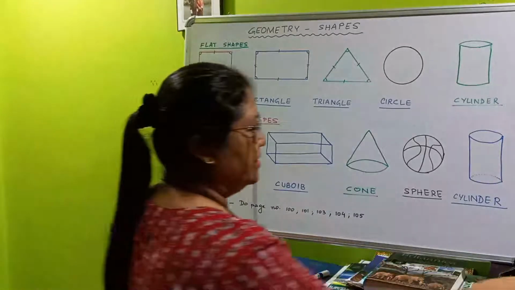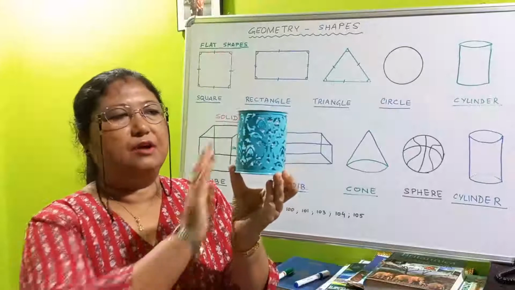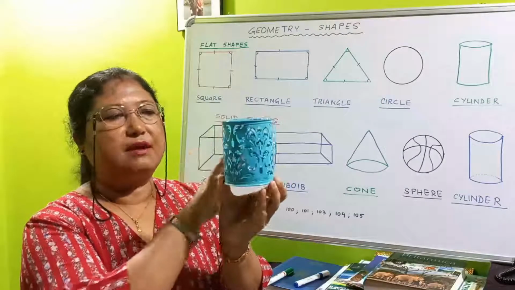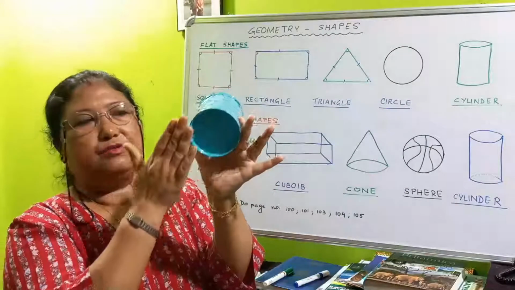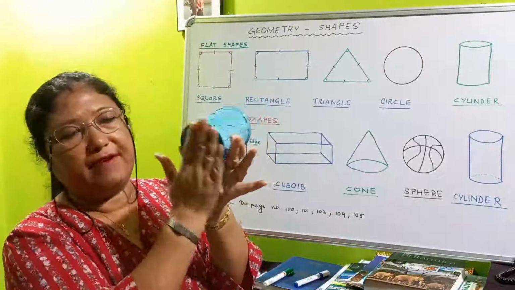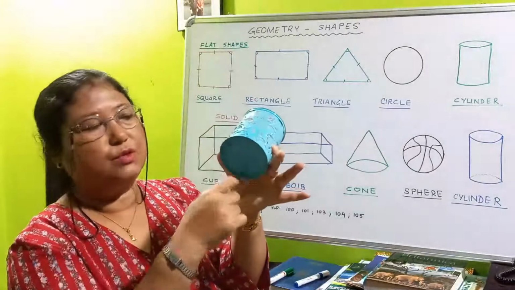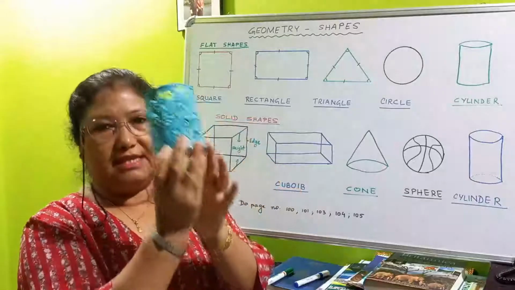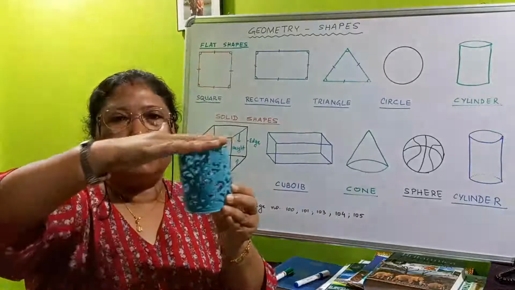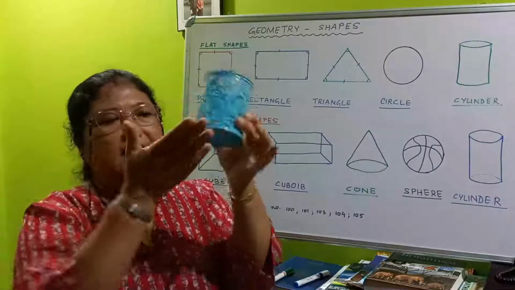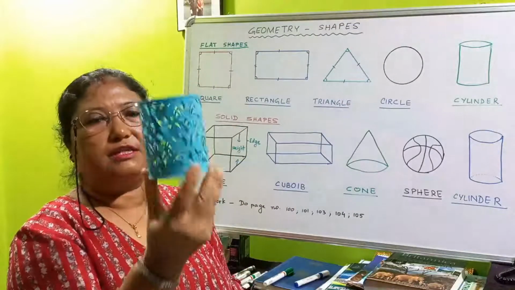Okay. Now last is cylinder. Now see, this is a cylinder. Now see the body, it is round. The body is round and it has a flat surface on top, and down also it has this one. Okay, circular. This one is flat but it is in a circular shape. Okay, so this kind of figure is called a cylinder. Understood, children? The body is round. Okay, and on the top also it is round but flat, and the bottom also it is round but flat. So this kind of figure is called a cylinder.